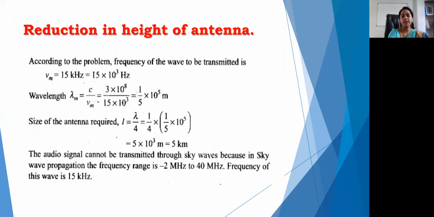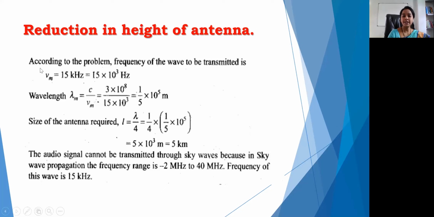How will we get a reduction in antenna size after modulation? This is one of the examples I am going to tell you. Just look at what we have written: reduction in the height of the antenna. How will the antenna size be reduced if we use the modulation technique? Whenever you use a modulation technique, as I told you in our last class also, the higher the frequency you use, the more it will drastically reduce the height of your transmitting antenna and also the height of your receiving antenna. How is this possible? We are going to see here in this numerical example.